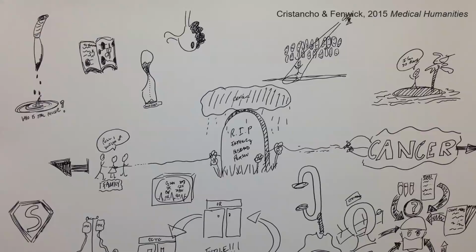So one final example, just to give you a sense of some of the diversity of qualitative research approaches. This image is a piece of data from a paper published in the journal Medical Humanities by Cyril Cristancho and Tara Fenwick. It's an example of the rich picture method, where participants are asked to first draw a picture and then explain it to the interviewer. The researchers analyze both the content of the interview, which is now richer because the participant has engaged in an exercise of thinking about the complexity of whatever the issue is that they're being asked to discuss.